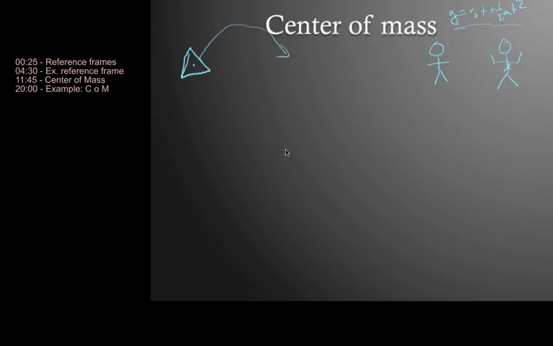So then how can we find the center of mass of something? Let's look at a few examples. One was this triangle, and I ask you to find the center of mass. It's pretty easy just to put your finger at this geometric center here. But what if we had a more interesting shape? Let's do another simple one. Let's say that we had a golf ball on a tee. The center of mass is going to be right in the center of that golf ball. Let's consider a little bit more complicated one. Let's assume that we had some baton or dumbbell or something like this. Where would the center of mass of this dumbbell be?